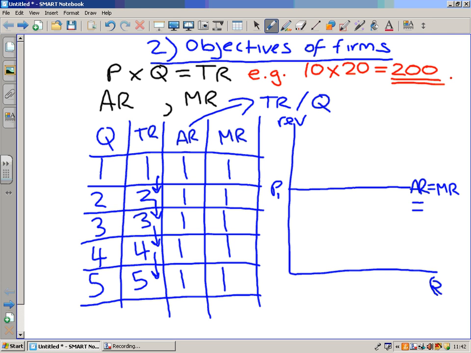This curve is also our demand line. That is because every single product the business sold was for P1, the example being £1. Now what we want to know is how many products will the business decide to make. And what we're going to introduce now, from the last topic,